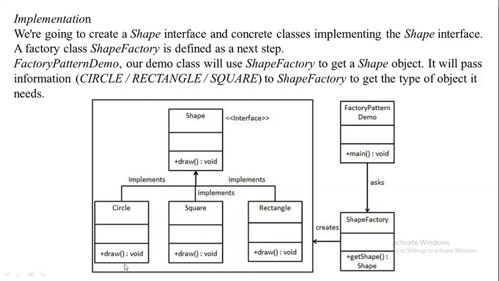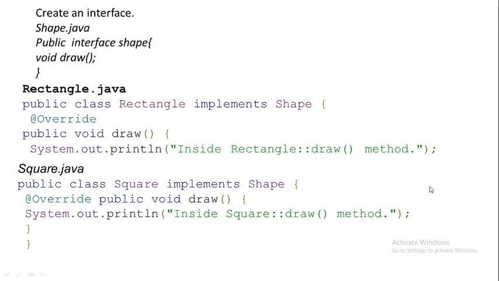Also we have the shape, we have the draw method, you see. So according to the object creation, it will invoke the suitable draw method. Here we are using the factory shape pattern, and it asks what is shape factory. If the shape is rectangle, it invokes rectangle draw method. If shape factory get shape value is square, it invokes draw method of square. If the string is circle, it invokes circle draw method. That means based upon the passing parameter, it invokes the relevant method.